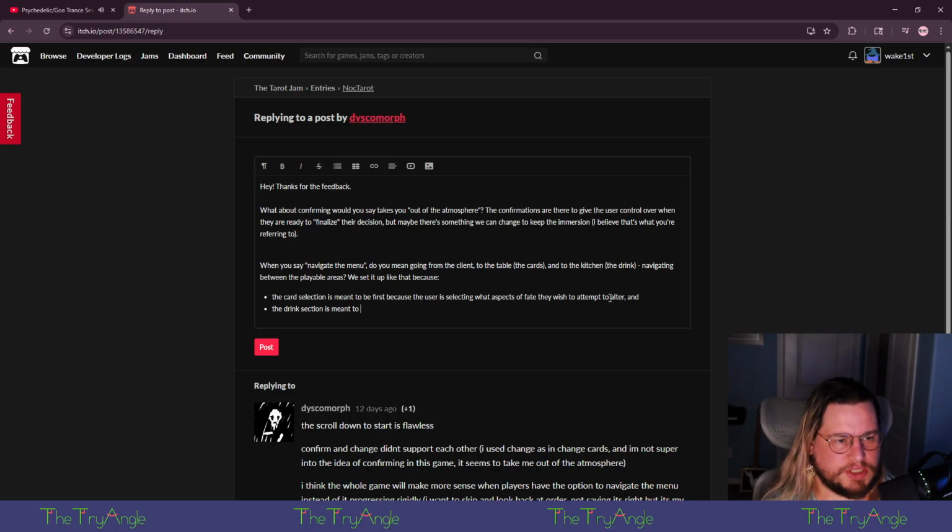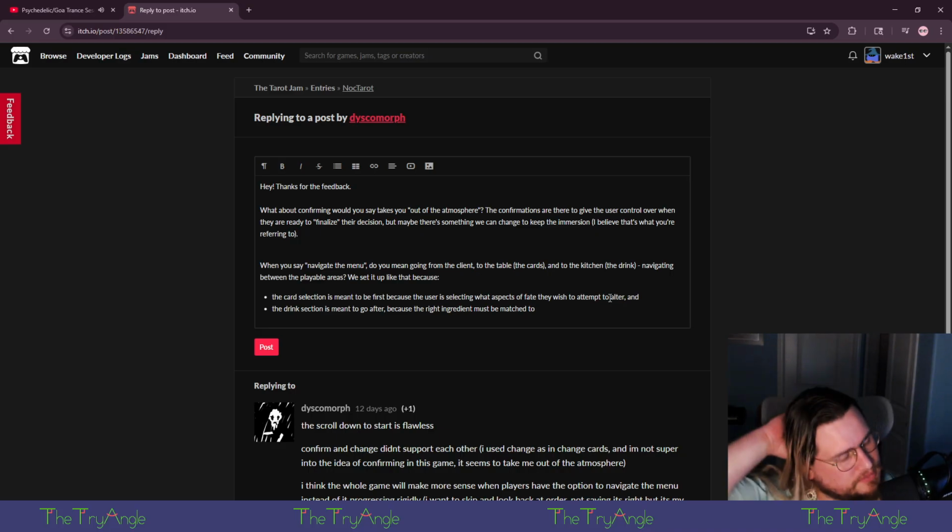and the drink section is meant to go after because the ingredients of the drink, because the right ingredient must be matched to... how do I explain this?